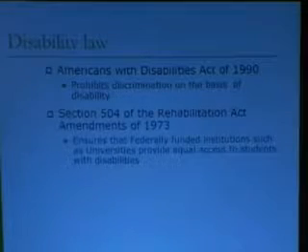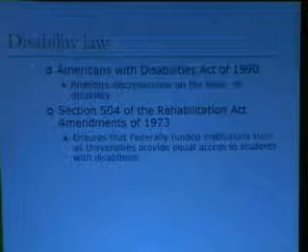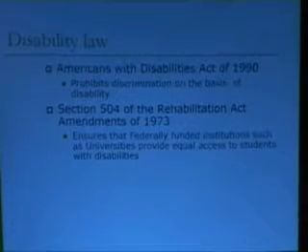Just briefly, the disability law that's applicable is the Americans with Disabilities Act of 1990 that basically says you can't discriminate against someone on the basis of disability. The second is Section 504 of the Rehabilitation Act Amendments of 1973, which says that if you take federal funds, you must provide equal access to students with disabilities. This is where we get curb cuts, where we have ramps going into buildings, where we have elevators that are accessible to students, where we come up with the justification for moving entire courses if the course is being held